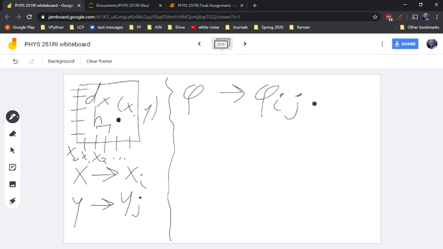So phi ij means phi at x equals xi and y equals yj. It's just a lot faster to say phi ij, right? That's a lot faster than saying phi of xi comma yj, close parentheses. So this is just a shorthand that's going to enable us in a little bit to get this into the code, because you can probably already tell we're going to be dealing with some arrays here, and so we're going to be able to have these two